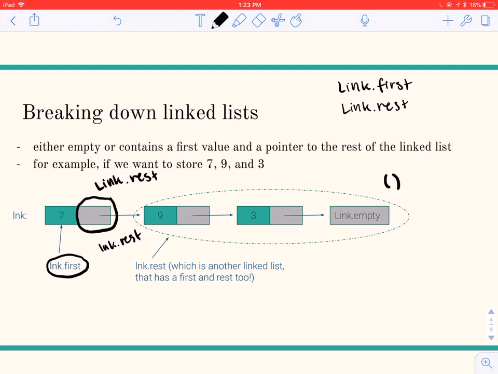So if you ever get some kind of error that says tuple does not have attribute first or something like that, it's probably because you're returning link.empty at some point. Okay,